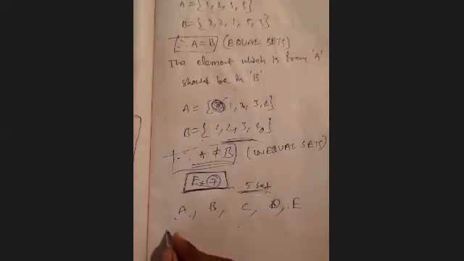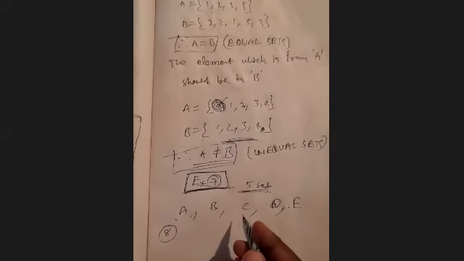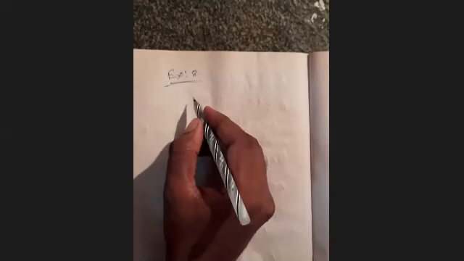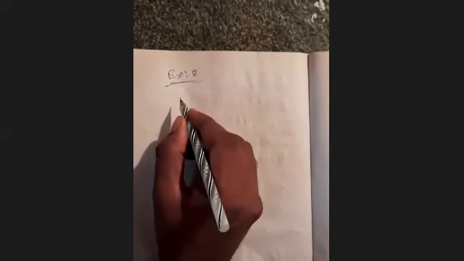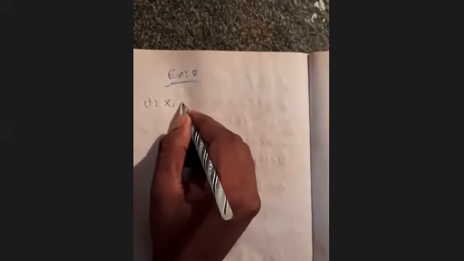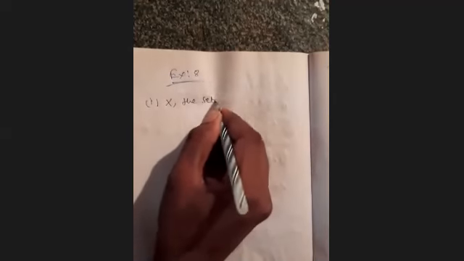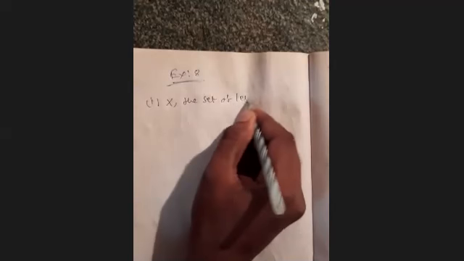And example 8. Example 8 is: which of the following pairs of sets are equal? You are given 2 pairs. Justify your answer. What is the first question? Capital X is the set of letters